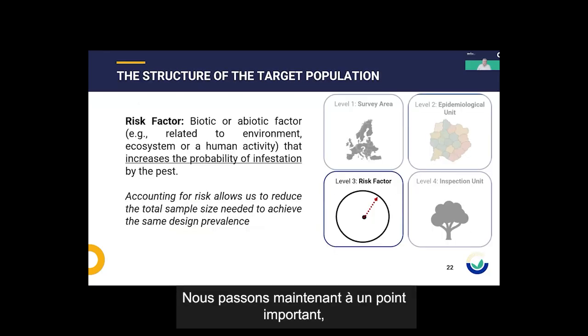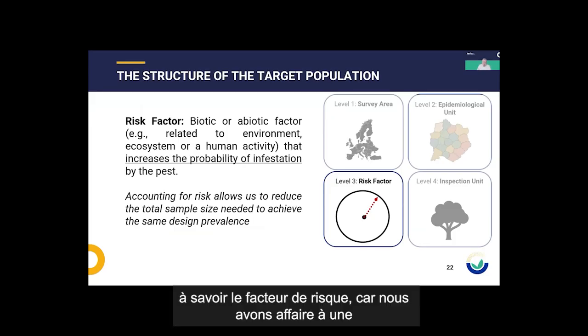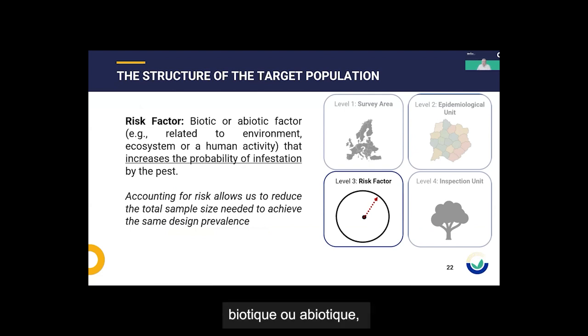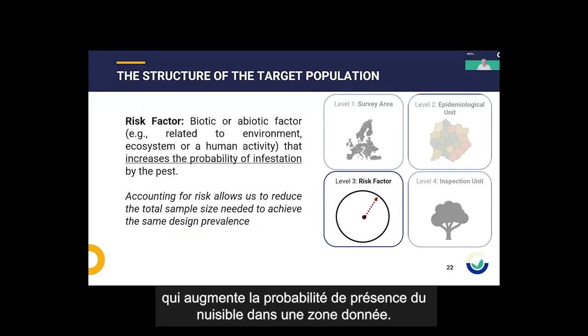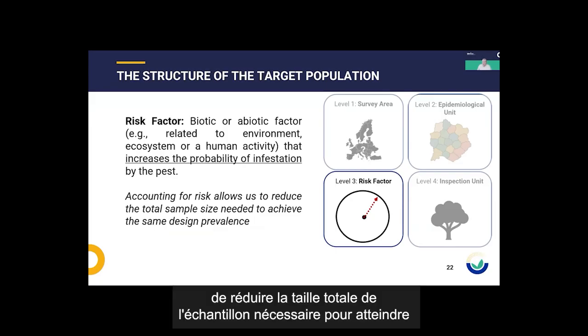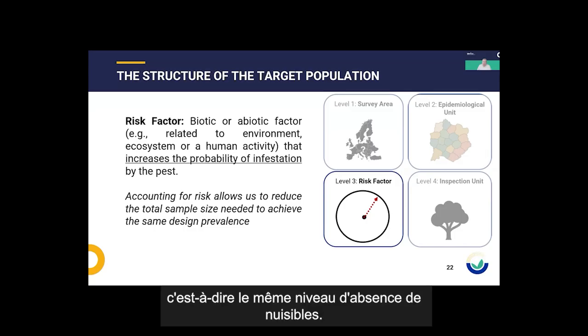So now we move to an important component, and that is the risk factors, because we are dealing with statistically sound risk-based surveys. A risk factor is defined as any factor, either biotic or abiotic, that increases the probability of the pest being present in a given area. Accounting for risk allows us in general to reduce the total sample size needed to achieve the desired confidence level and design prevalence. But